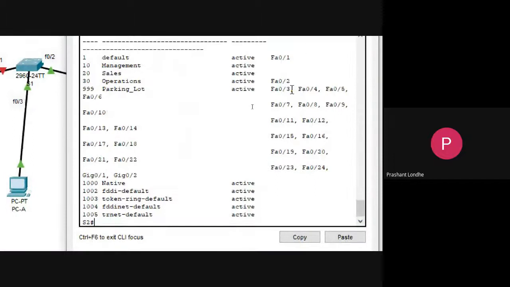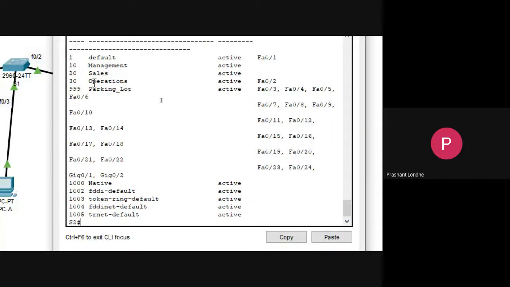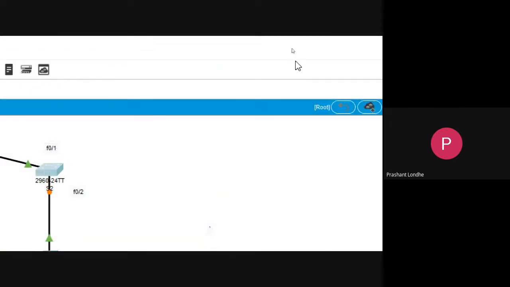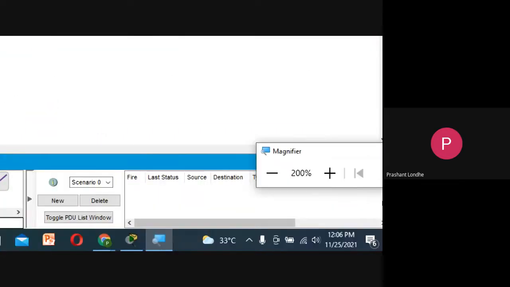You can see for VLAN 30 we have already assigned F0/2 over here. So we are done with the configuration of our VLANs.